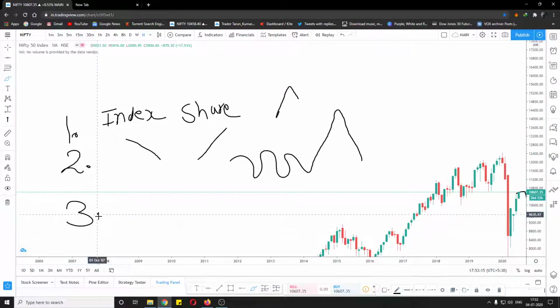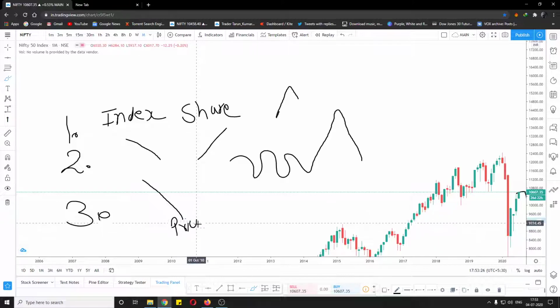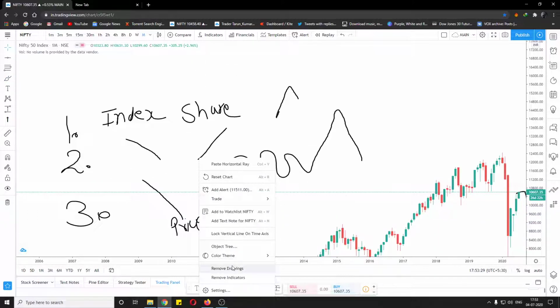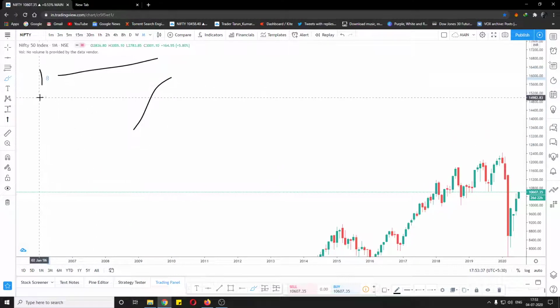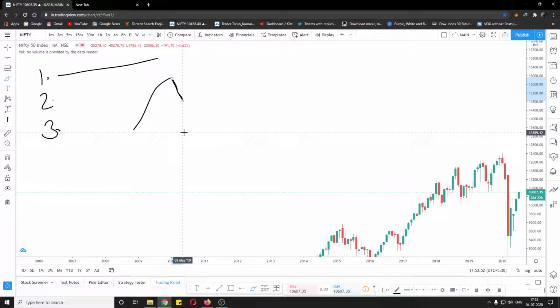And third point, if there is a correction, then you have to tell whether the correction is done by price or done by time as well. So you should be able to tell these answers: uptrend or downtrend, you say that the stock is in the uptrend. The second question, if there is a downfall, whether the downfall is a correction or it is a reversal. And the third, if it is a correction, then what kind of a correction is this? Has this corrected time-wise, or is the price-wise correction left, and all those questions.